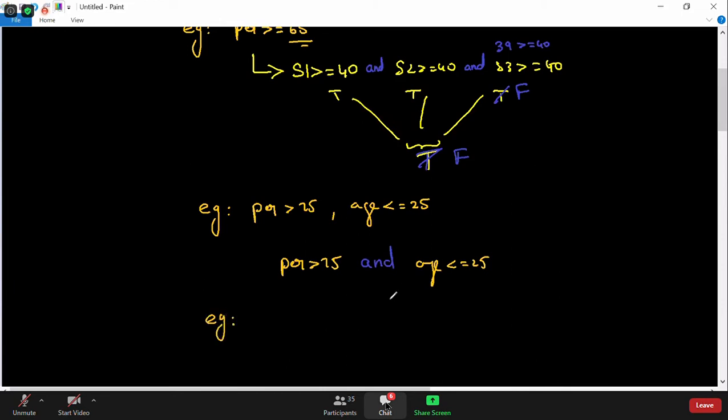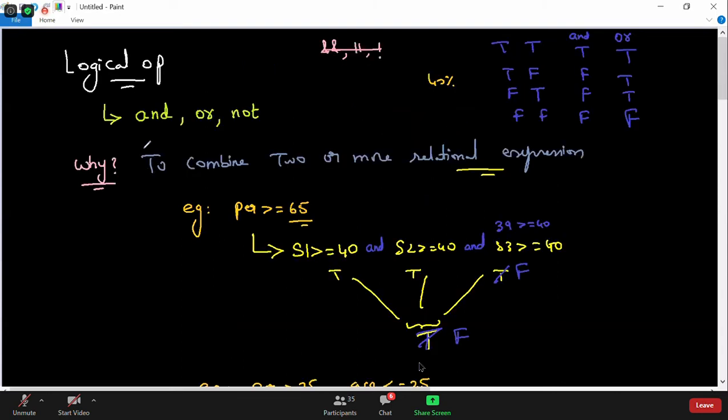So can you give me any example where we can use or? We have seen very clearly that mostly we use the and operator. Rarely do we use or and not in logical operators, but I hope you got it very clear that we use logical operators to combine two or more relational expressions. The definition says that. So whenever you have two or more relational expressions and you want a combined result, you will always combine them with a logical operator.